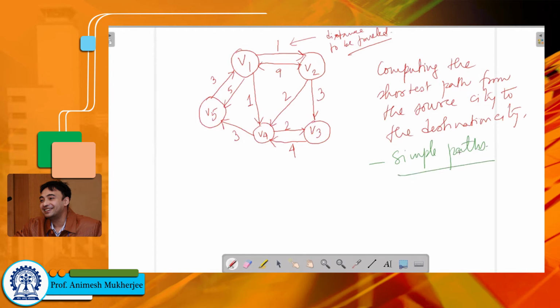Okay, so let's say our source is V1 and we want to reach V3. Okay, this is our destination. So this is our source, this is our destination. Now the simple paths between V1 to V3, as you can see, are V1, V2, V3,